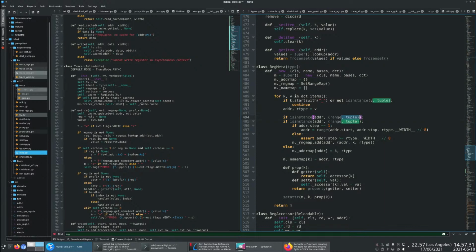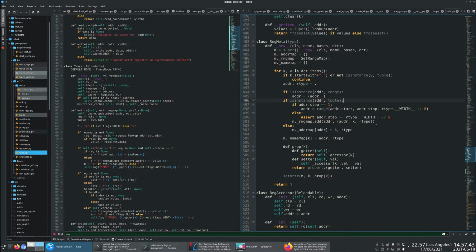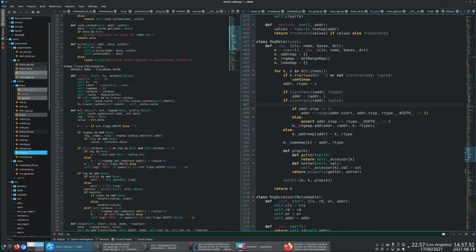If it's a range, then otherwise, then if it's a tuple, which includes after that, then we take all the steps. They have to be at least the width. So,